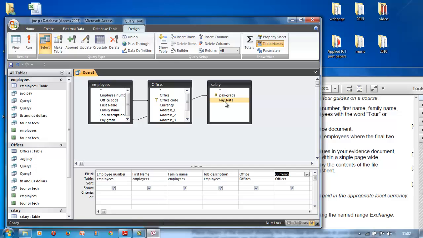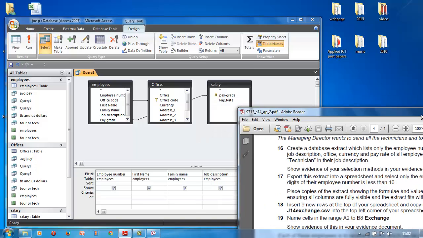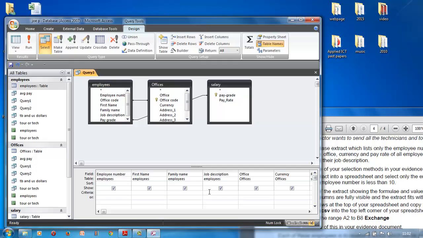and pay rate. Is that right? Job description, office, currency, and pay rate of all the employees with the word tour or technician in the description. So in the job description, they want tour or technician. So you hold down the shift key and press the 8 key and type in tour. You'll see the asterisk sign will appear at the beginning and the end of each one. Okay, tour, shift 8, or technician,